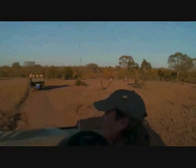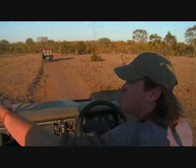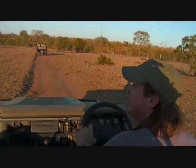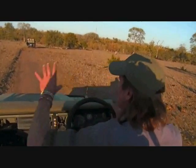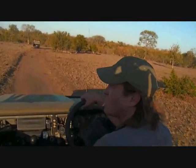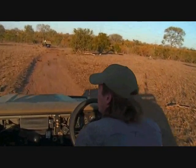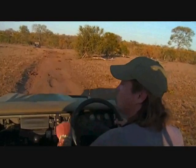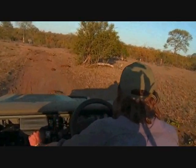This is a wonderful little area here. It's one of my favorite parts of our whole traverse zone. As we head down towards the area around Buff Pan, it is beautiful. You know, that red soil, you've got this wonderful little river system with leadwoods and large knobthorn trees. And I'm really, really hoping that female leopard, who's got 2 cubs as well, is in this area. She really likes this area. But while we go check what's going on